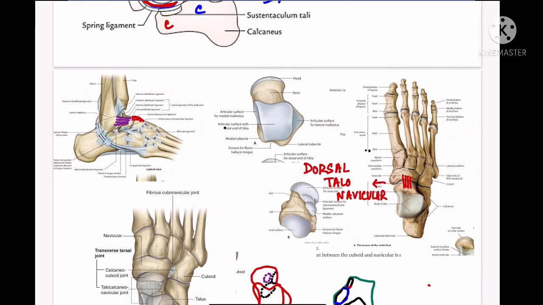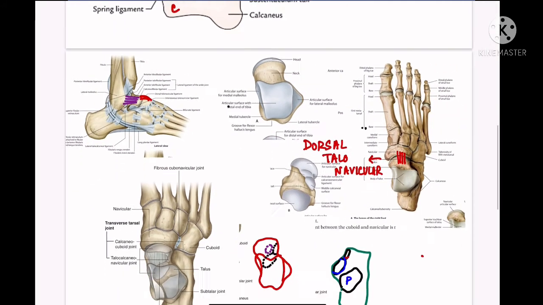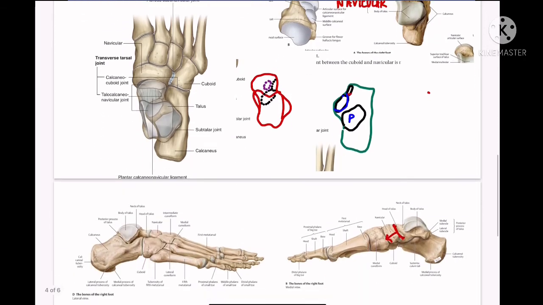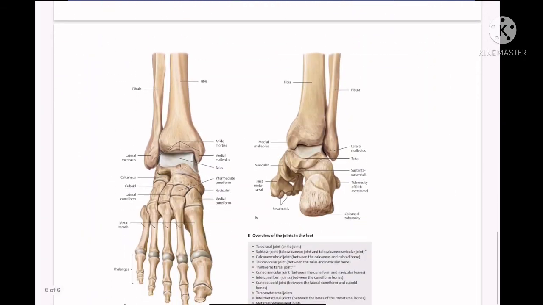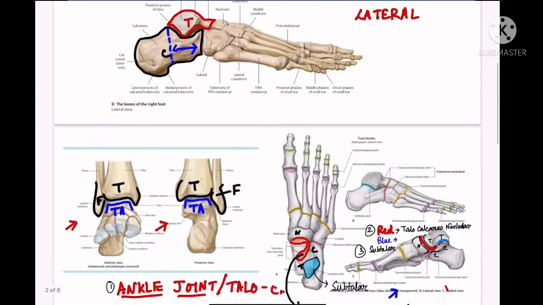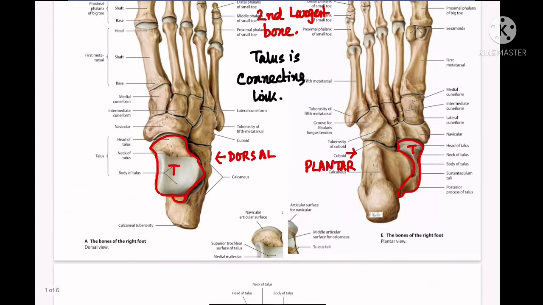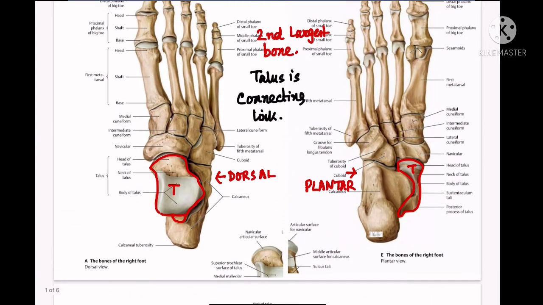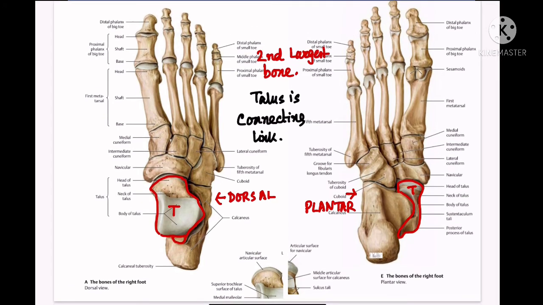Now we will discuss the plantar surface of the neck. Let me show you the plantar surface of the neck. Here you get to see the plantar surface of the neck in the right sided picture. The plantar surface of the neck presents a narrow deep groove. It is called the sulcus tali. Where is the narrow deep groove? Let me show you.